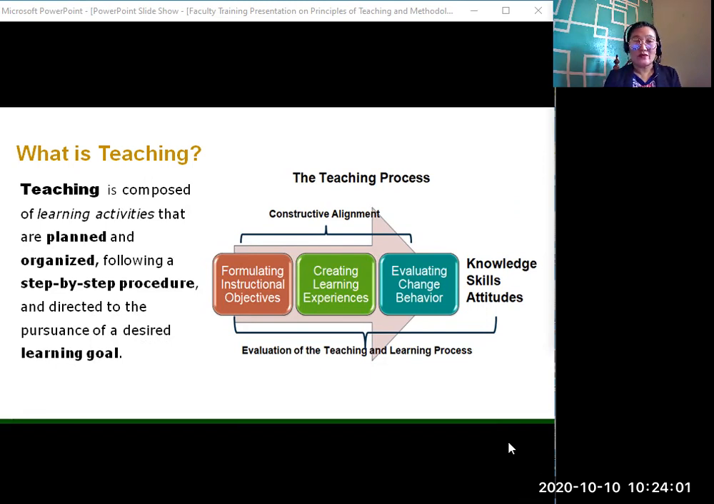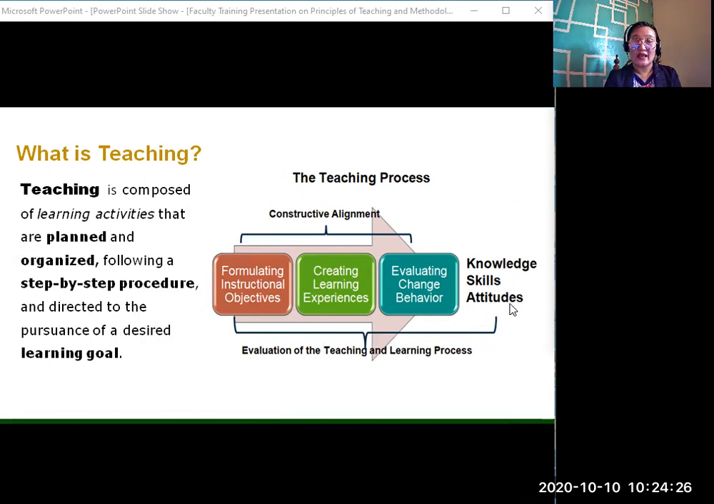wherein there is a marriage of constructivist understanding of the nature of learning and an aligned design of an outcome-based teaching. So basically, it starts with formulating instructional objectives, to be followed by creating learning experiences, and then evaluating the changed behavior of the students in terms of their